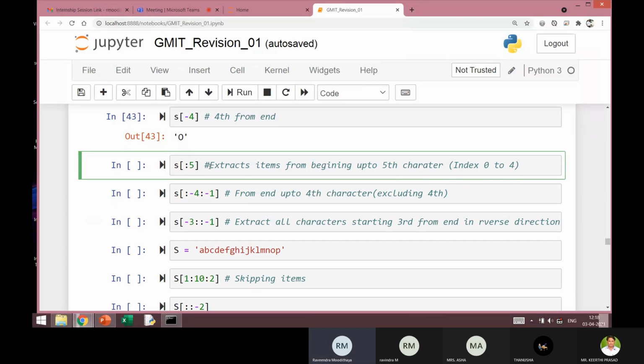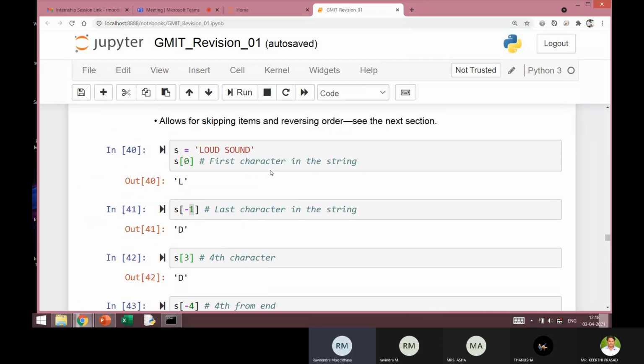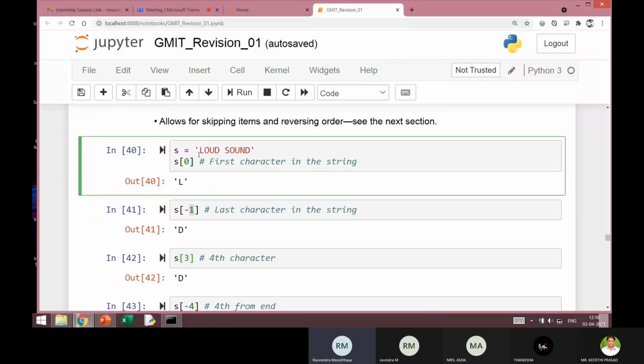There can be some confusion, but when you practice this it will be very easy, because the consideration is quite contrasting in the negative index case and in the positive index case. In the positive index case, the index 5 is not included. Only index 0 to 4 is included. So if I execute this, what I'm expecting at the output is starting from 0 up to 4, that is 0, 1, 2, 3, 4, including the space character.